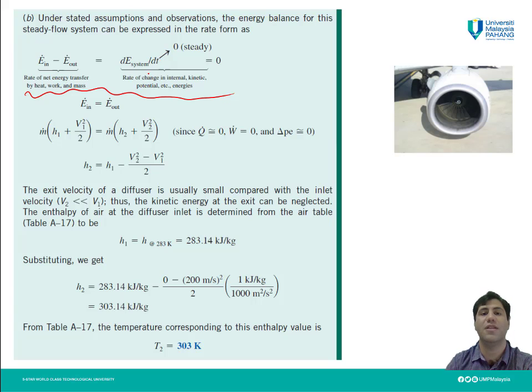Here what we have is steady flow. And steady flow means we don't have any change in the energy of the system, or our control volume, with time. Then this will be equal to 0. So E dot in minus E dot out will be equal to 0, or E dot in equals E dot out, or the energy rate to the system is equal to the energy rate from the system. And as you have seen this equation in previous slides as well, the energy which comes to the system